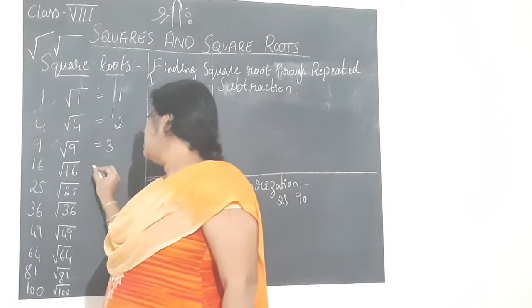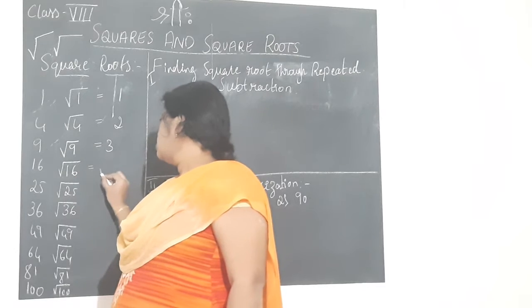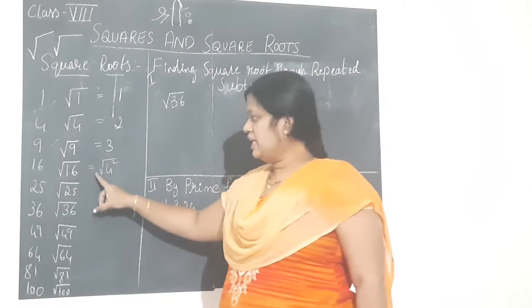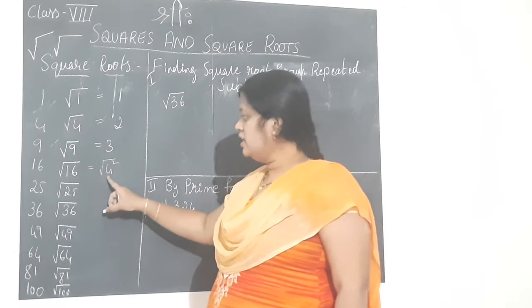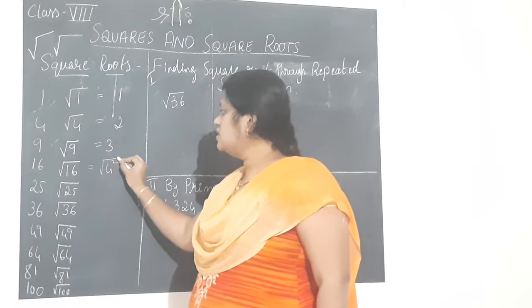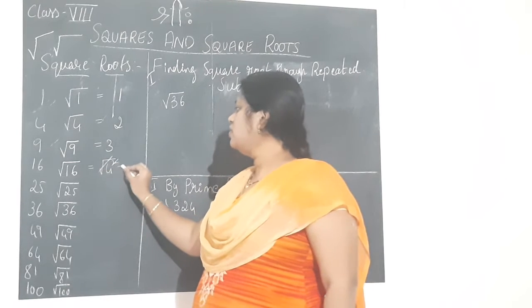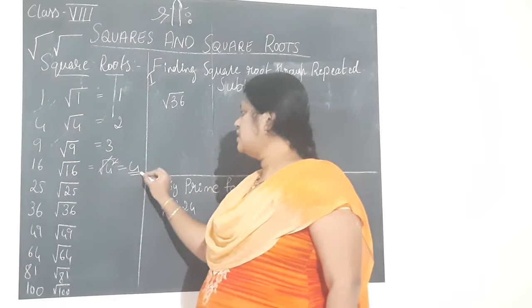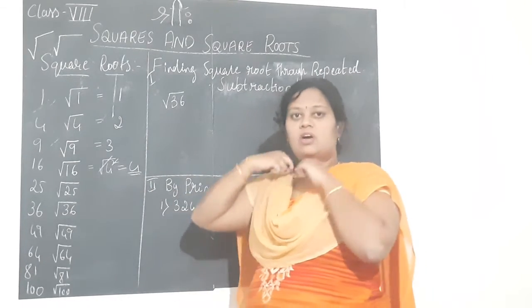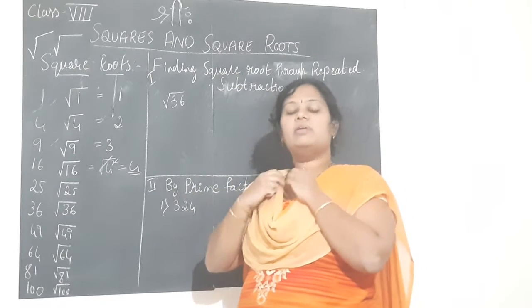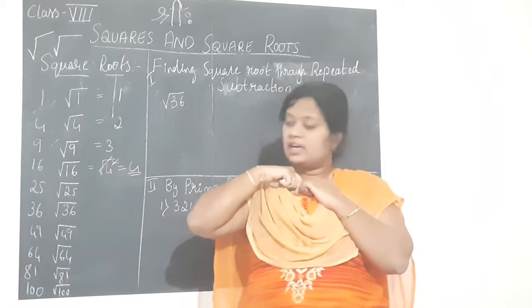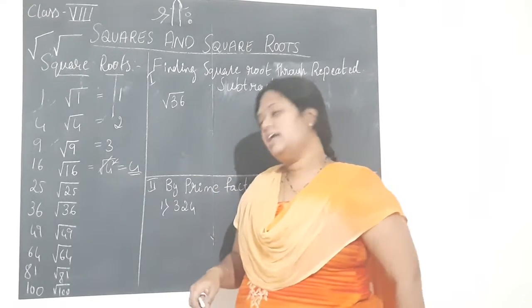Or to understand in a better way, what we do, children, is this: square root of 16 is nothing but square root of 4 square, keeping the square root as it is. What is 16? It is simply 4 square. What will happen is the square and the square root will get cancelled and you will get the answer 4. This way also you can write if this is confusing to you. Always when you write a perfect square number inside the square root, children, the square and the square root will get cancelled like this.